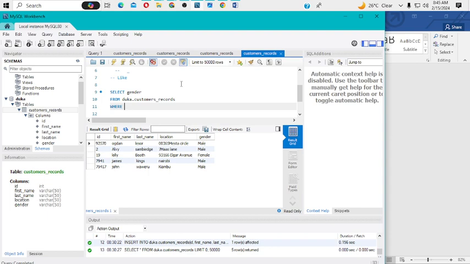Let's just use the gender. Let's just select from duka.customers records, where gender. Just wanted to confirm, gender,